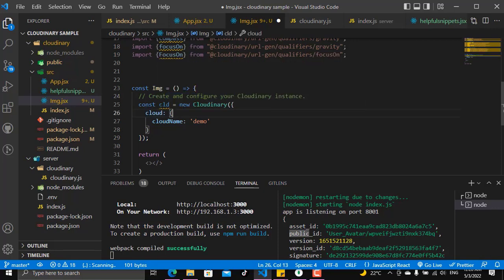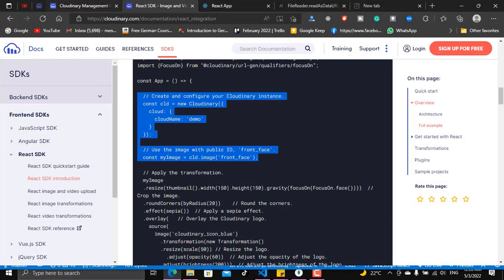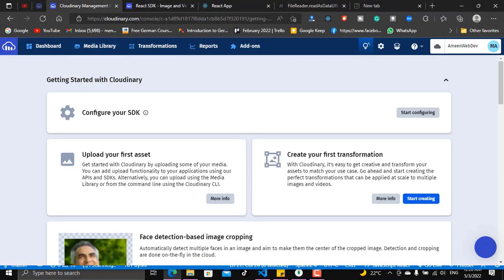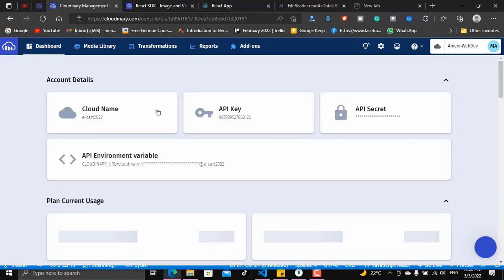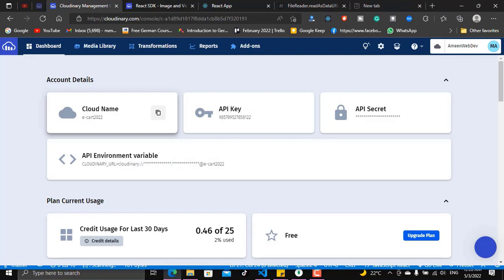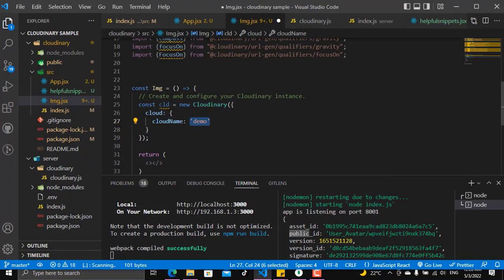Here I should put the cloud name, and I think my cloud name is, let's see, what is my cloud name? Because I do not remember that. So my cloud name is eCart 2022. I'll put that here. I'll wrap that. So this is the cloud name, and